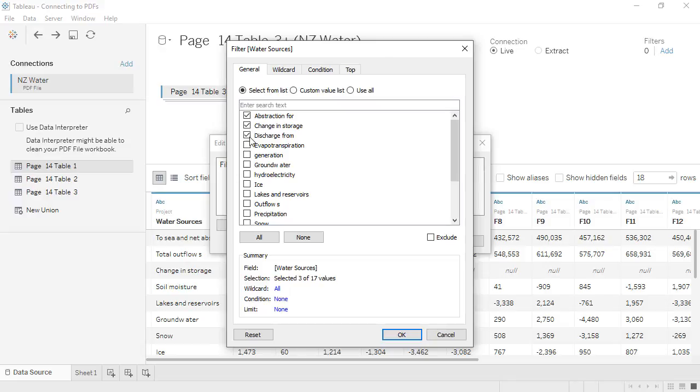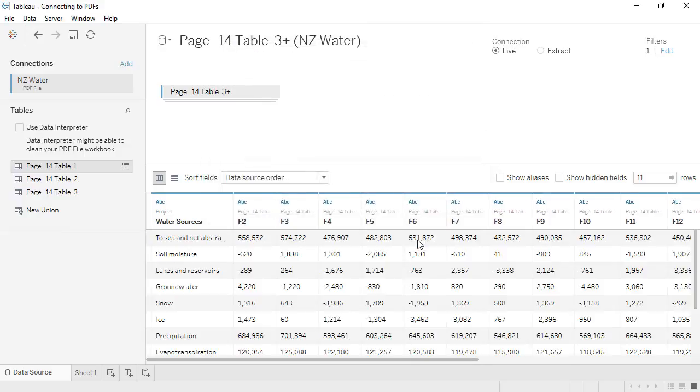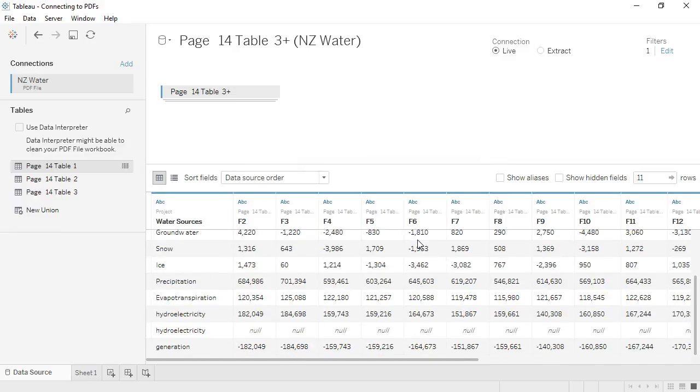for the values. Hydroelectricity appears twice, once with data and once with nulls, so I'll leave it for now so as not to remove data. Then we'll click Exclude and OK. Now we have the rows with data and one row of nulls for hydroelectric, but we can clean that up